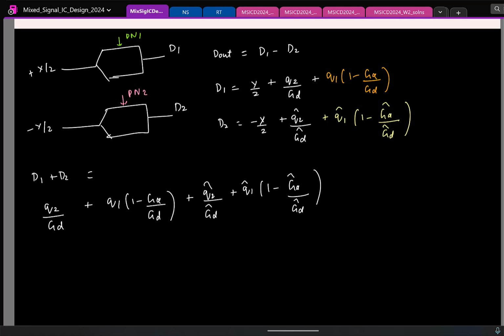If I do that, I'll have a portion of PN1 appearing at the output the same way as Q1, so you will have PN1 into 1 minus GA by GD. Similarly, the second sequence appears the same way as the quantization noise in the second ADC, so that will be PN2 into